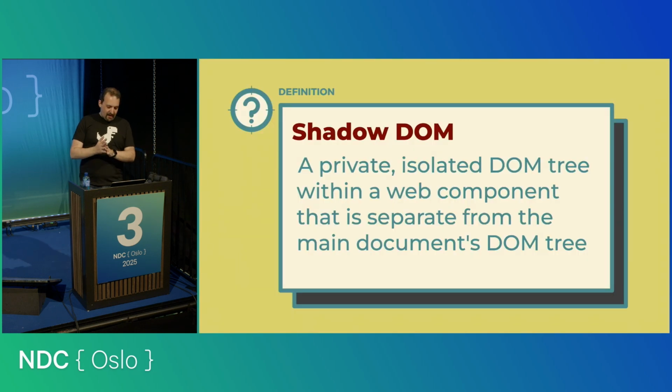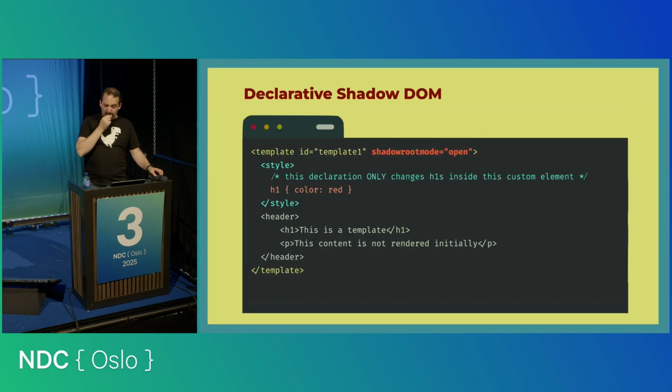So that leads to our third and last API that goes with web components, known as Shadow DOM. In this case, we create a private, isolated DOM tree within a web component. It can also be outside of a web component, but typically it's a web component that is separate from the main document's DOM tree. So, for example, if to our template we define shadow root mode, open or closed, I will explain what that is in a second,